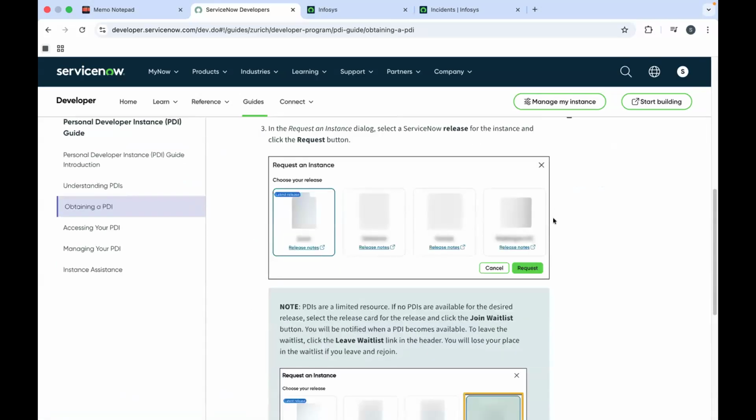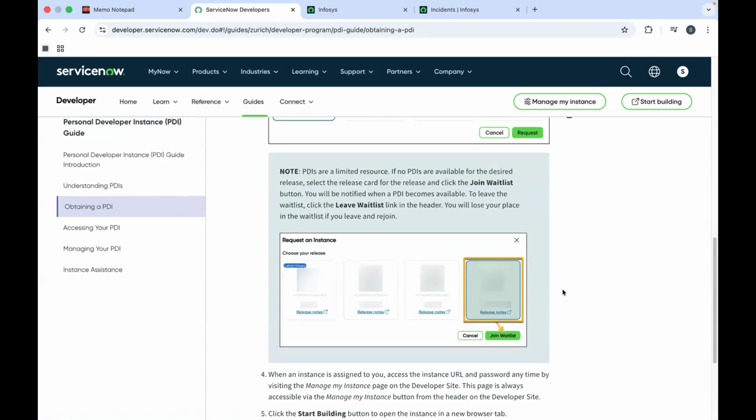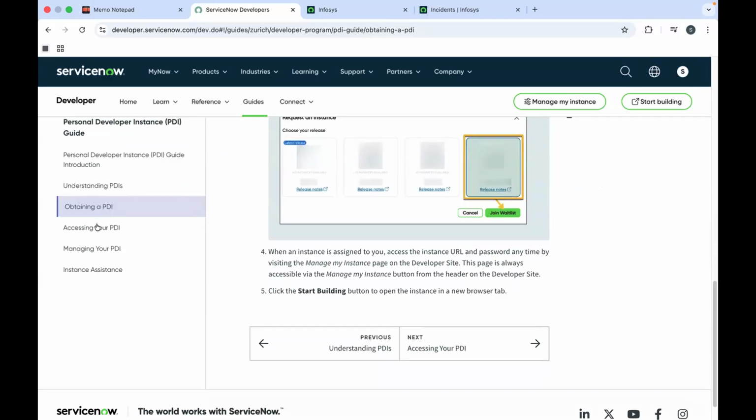So this is how it looks. What I told you, when you select an instance, you just click on this latest release and click on this request, so that you will get an instance. So you just